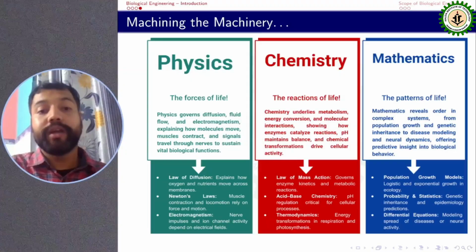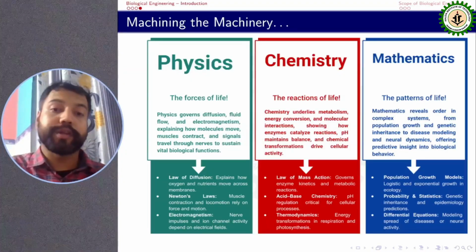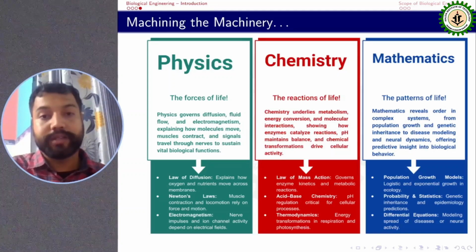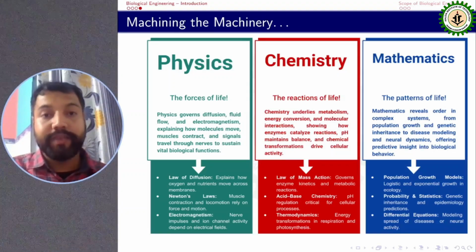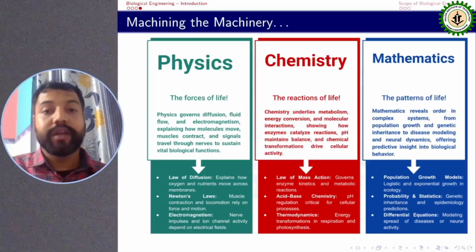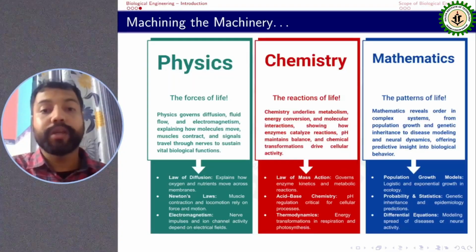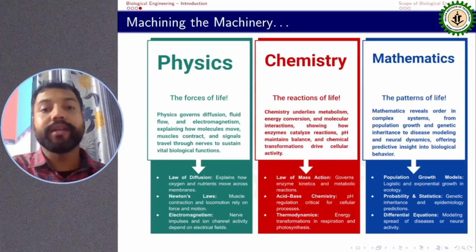Biological systems can be viewed as complex machines with modular components, and understanding them, as discussed earlier, requires quantitative frameworks from physics, chemistry, and mathematics. To revise, physics helps describe forces, energy transfer, and transport phenomena in cells. Chemical principles explain molecular interactions, reaction kinetics, and metabolic pathways. Mathematics provides modeling, simulation, and predictive analysis of biological systems, and integrating these disciplines allows precise manipulation and control of